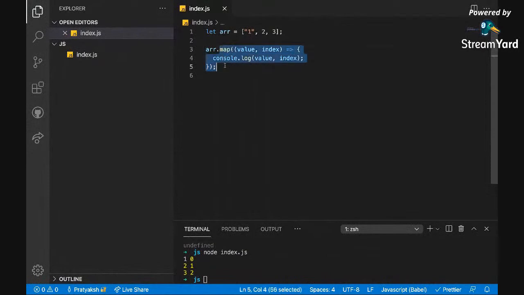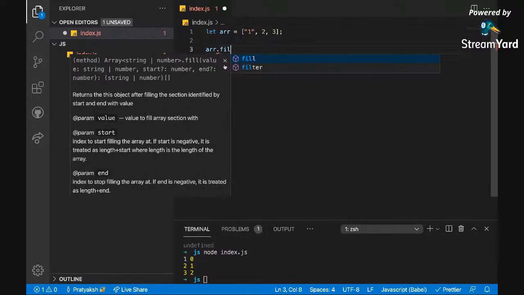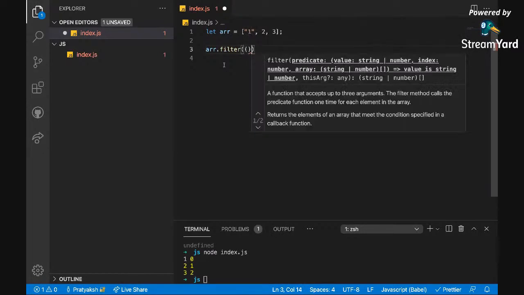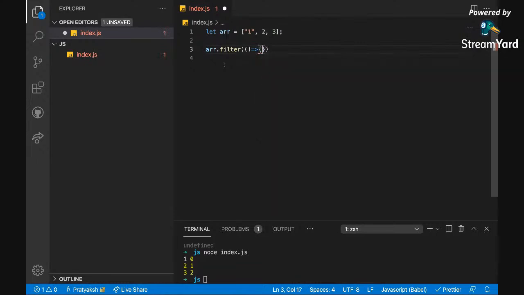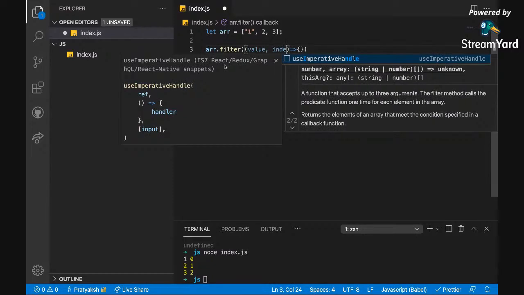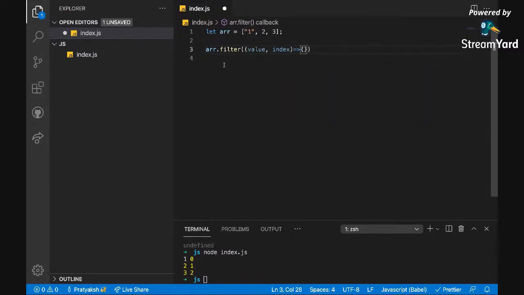And then there's another one which I'd like to show, which is filter. So what is filter? Filter again takes a callback function which gives you a value and an index. But now, the map function was just iterating through the array. What filter does is iterate through, and you give a condition to it that if this condition is satisfied,